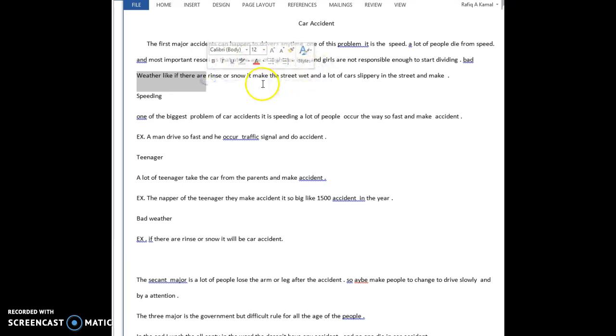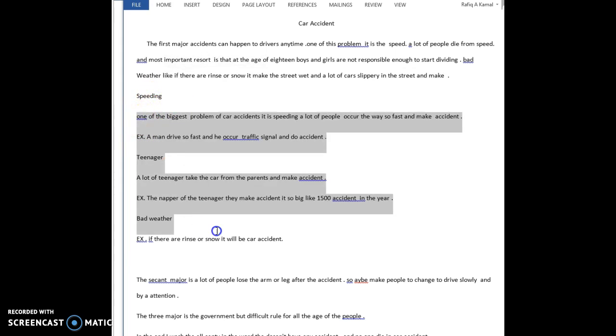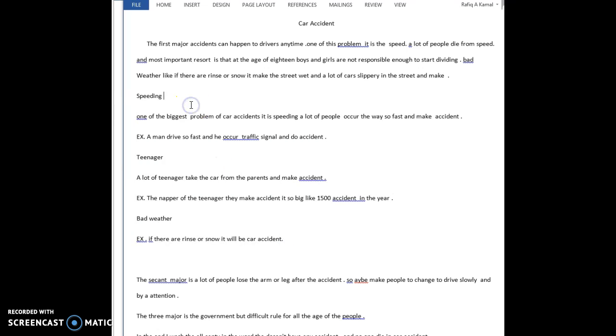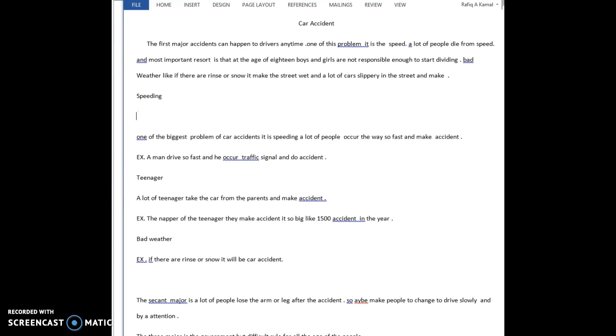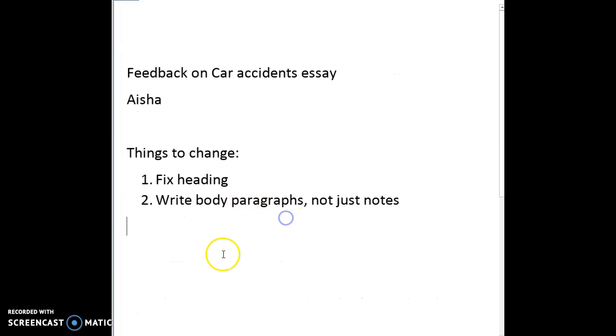You're giving me bad weather, slippery roads. This is, so what needs to go here. You can't have this; this is more so an outline what you have here. What you need to do is give me actual paragraphs that look more like this. Alright? It shouldn't be just one line each, but you need to come here. You need to, for example, I'll do it here. Tab over, start there and say